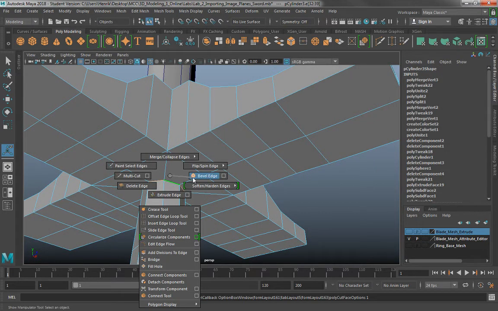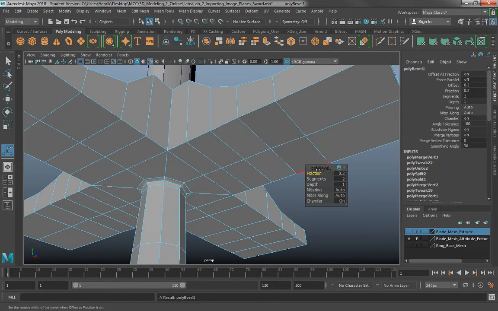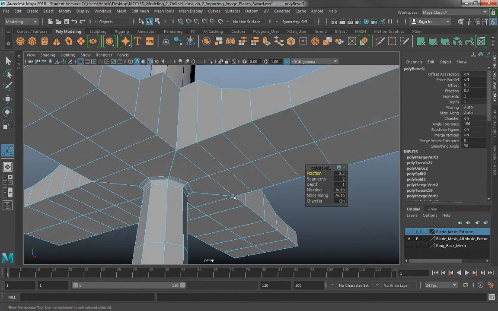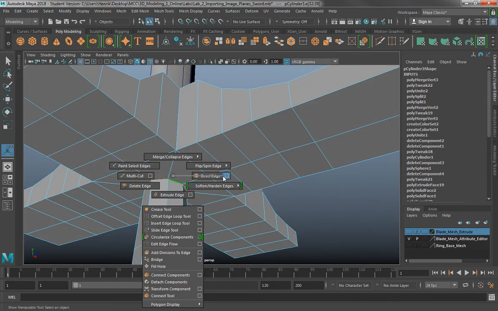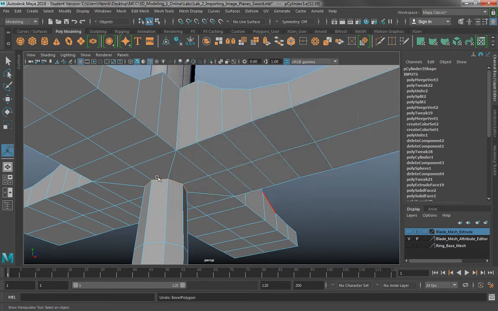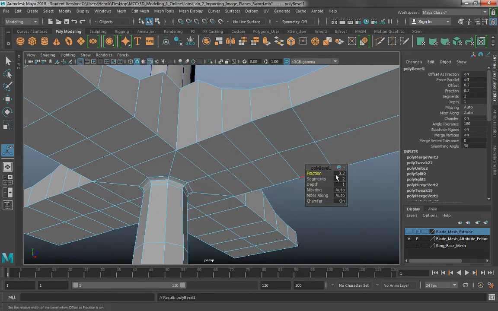Bevel edge. If I just go to bevel edge, it brings up its own little pop-up window of options you can use. So this one is new. This is always here in the channel box, and I guess you could say the old-fashioned way to do it is to go into the options here. So anyway, go to bevel edge, fraction to segments 2,